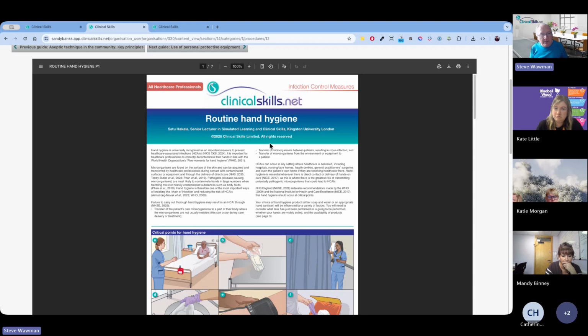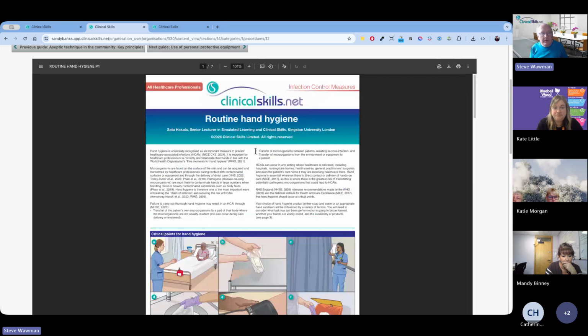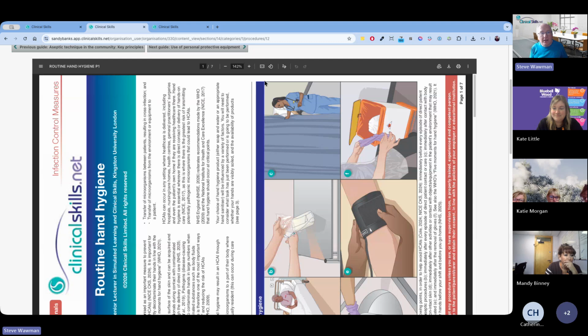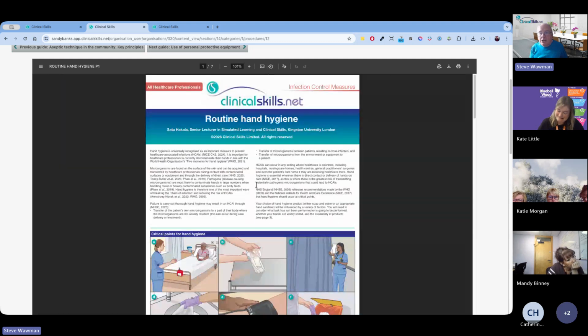Now, it's a PDF document, so you can actually select some of the text. You can blow it up, make it larger or smaller, or make it just width like that. If you're feeling a little bit sleepy, you can turn it sideways and read it while you're lying down. So there's all sorts of things you can do with the guides just because it's a PDF. You can also download the guide. The download button in Chrome is over here on the right, or you can print the guide out, and you're quite